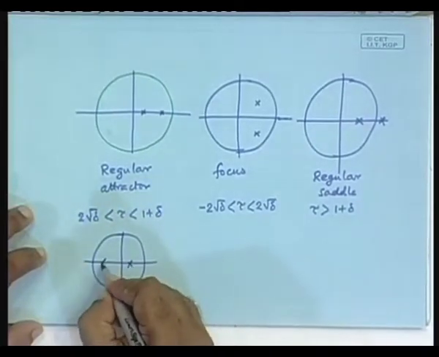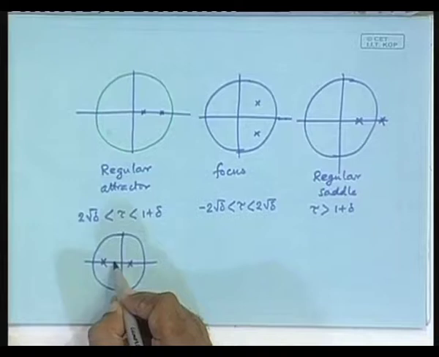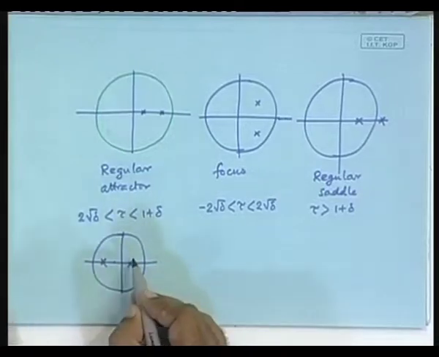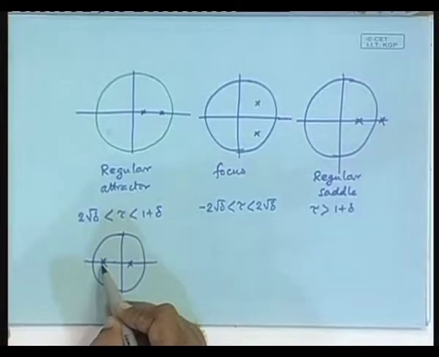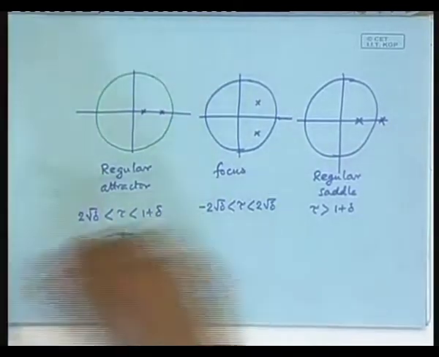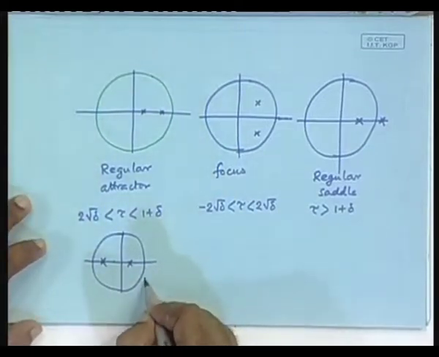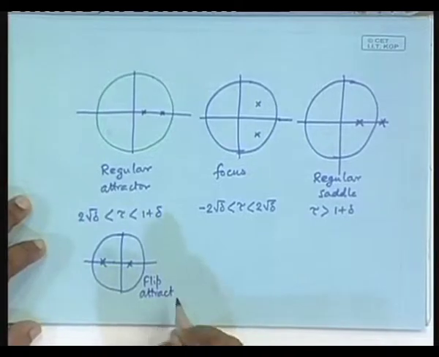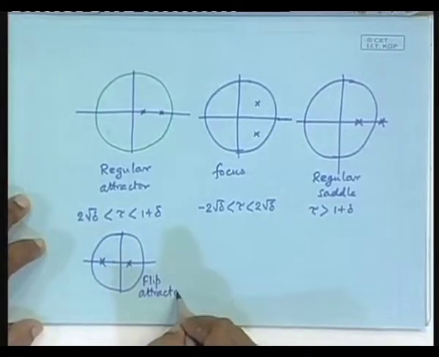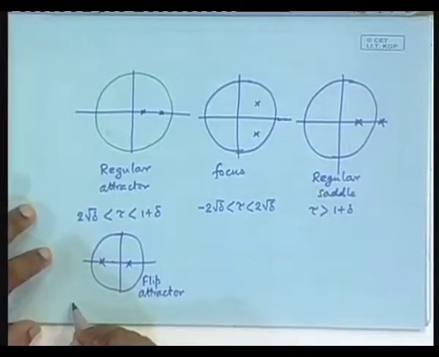What if this, or this can also be here, it is an attractor because it is inside the unit circle, but there is one eigenvalue negative, which means that there is a direction in which it flips. It is a flip attractor. Is it visible? Yes. When will that happen? Flip attractor, that is